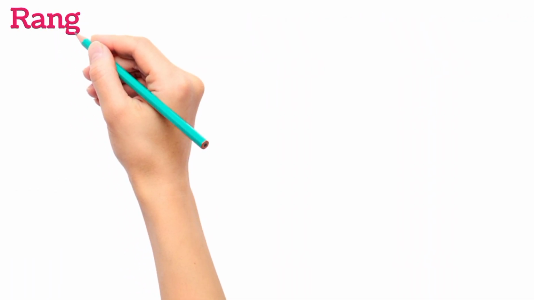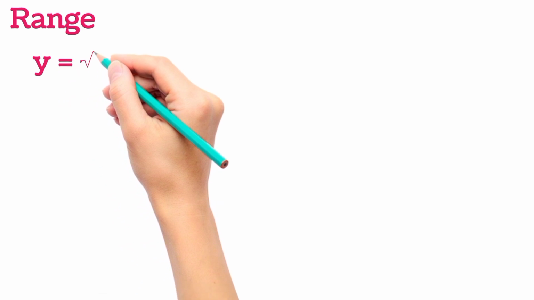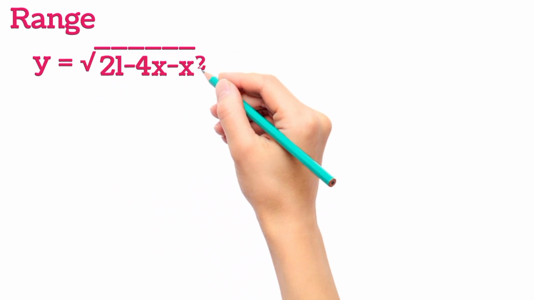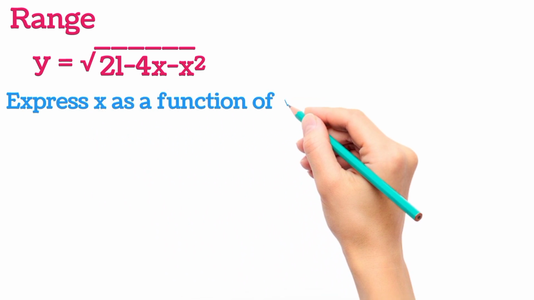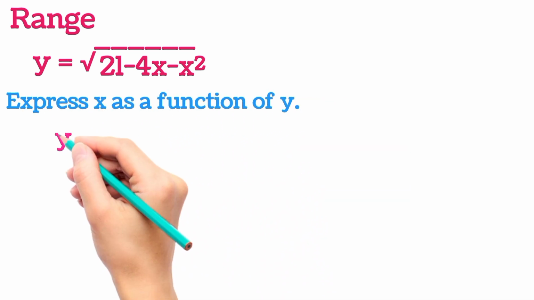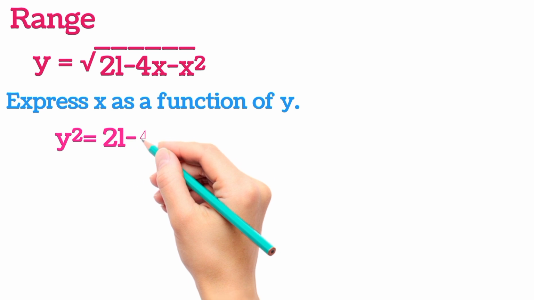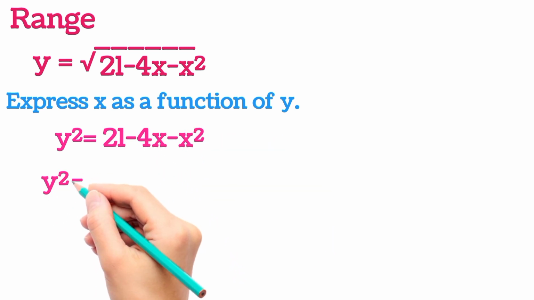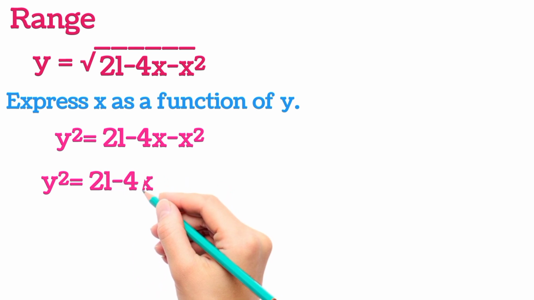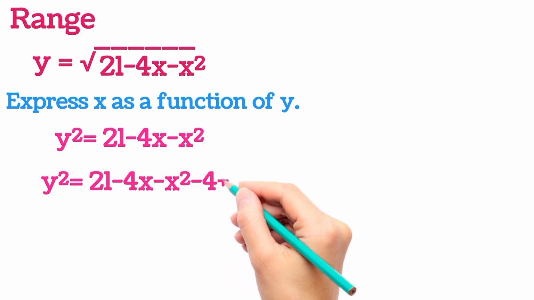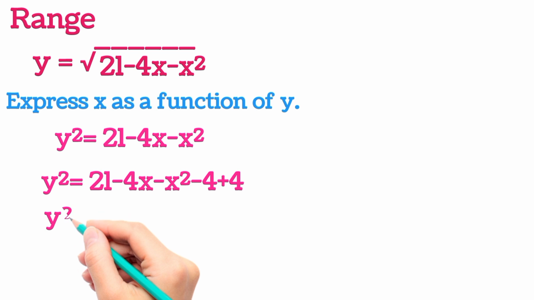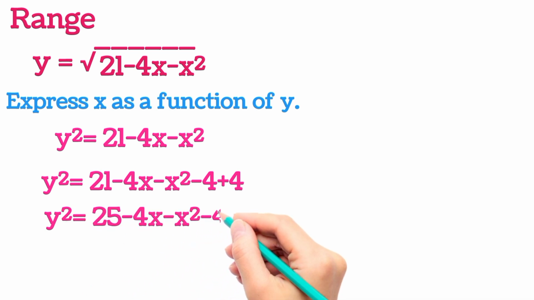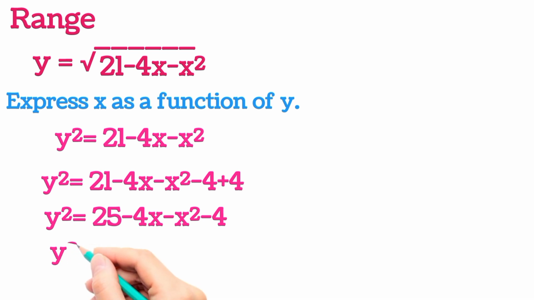Now for the range of the function, let us write the equation again. y is equal to square root of 21 minus 4x minus x square. Now we will express x as a function of y, so we will square on both sides. So y square is equal to 21 minus 4x minus x square. Now we will add plus 4 and subtract 4 in this equation. So we will get y square is equal to 25 minus 4x minus x square minus 4, which will give